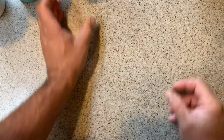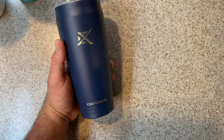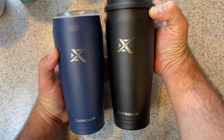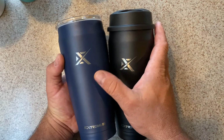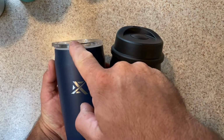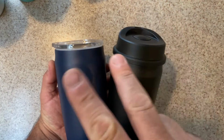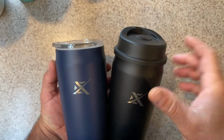We'll get into that. Now you can get the 20-ounce tumbler in the Extremus, which is comparable. And it also comes with 2 different lids. Either cup, whether you get the blue, the black, or one of the many other colors, will come with the 2 different lids. They come with 2 lids, 1 cup, 2 lids. Where have I heard it before? Anyways,